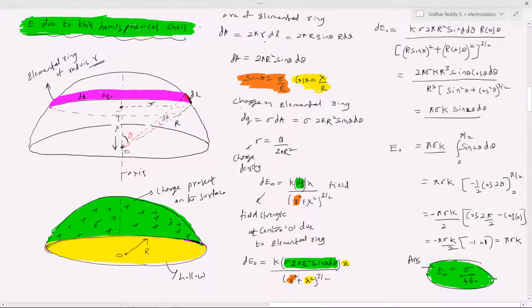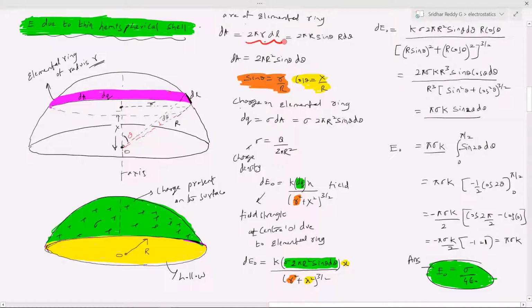Then the slant length of that, let it be dl. dq is the charge present, and dA, let it be the surface area. How do you define the area of this elemental ring? dA is equal to 2 pi r, the circumference, into the width